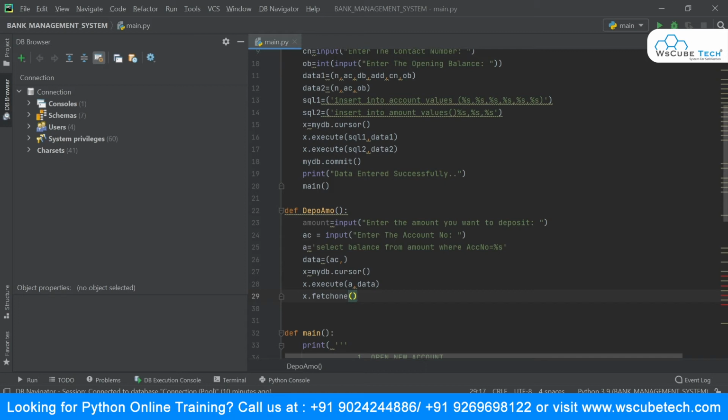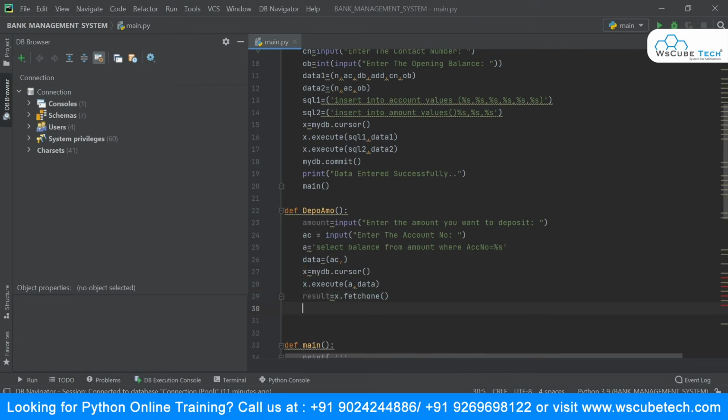And what I'm executing this thing now, in order to fetch that record, I'm making use of fetchone, so it will just fetch one record. I will store this in a result variable. And once done with this, what I want to do is